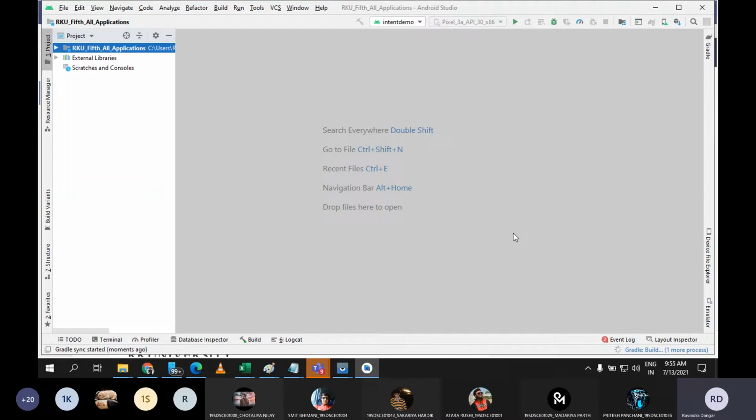Do you know the use of array adapter? Can anyone tell me what is the use of array adapter in any Android application or activity? Anyone? It is used when we want to bring any array into a drop-down list. Very good. See, as I said in the previous session where I discussed the concept of spinner, we don't have any direct way to place array items inside any control.